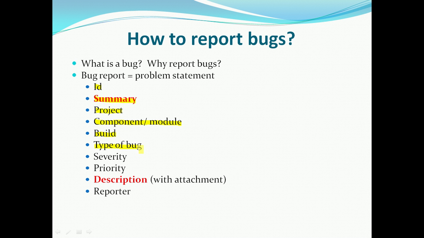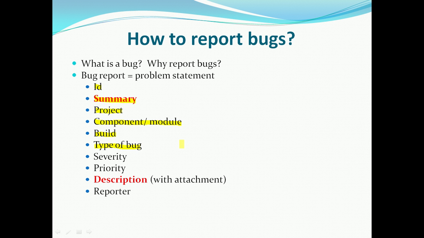Another data that you should provide is the type of the bug. Some bugs are related to functionality. You give some input, you expect certain operations to happen, but those operations are not happening. That is an example of a functional bug. There can be non-functional bugs also. There can be bugs related to the performance of the system. That is a performance bug. If you are loading the application page and it takes a lot of time, or times out, or performs operations very slowly, those can be performance bugs.